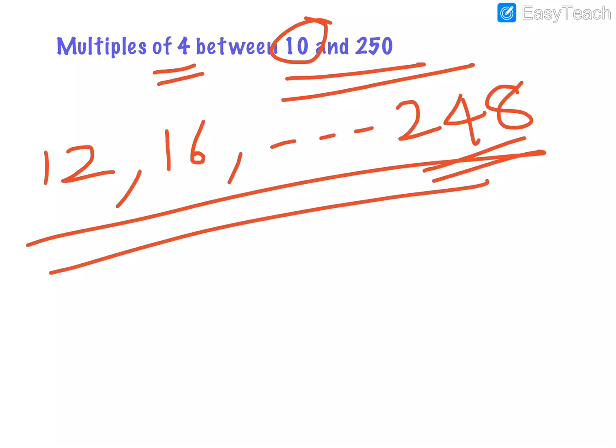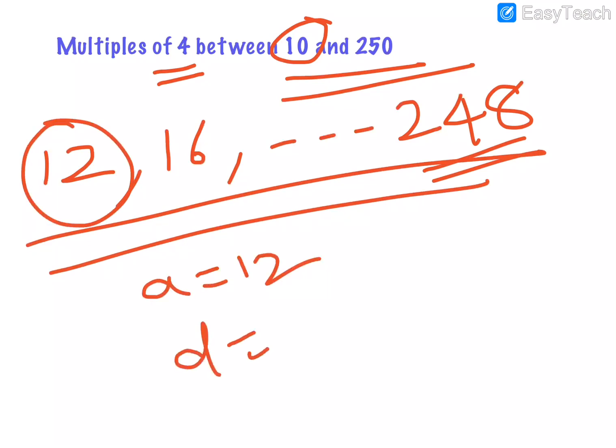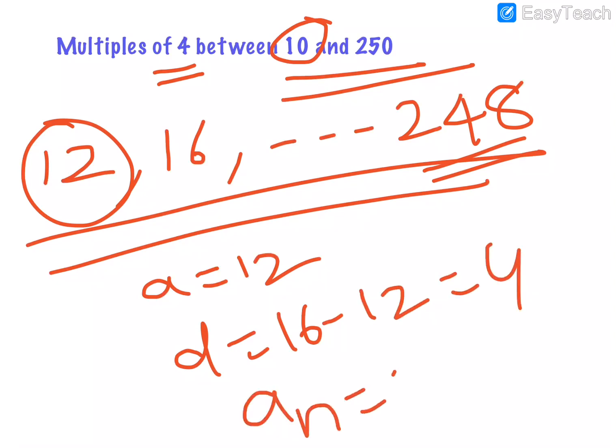So we have the series now. We have the first term, we have the difference, and we have the nth term. All we need is the value of n. How many such terms are there? With a similar method as we have seen in the example, we can do this also. So this way you are going to solve these sums, and tomorrow we will be discussing the left out sums.